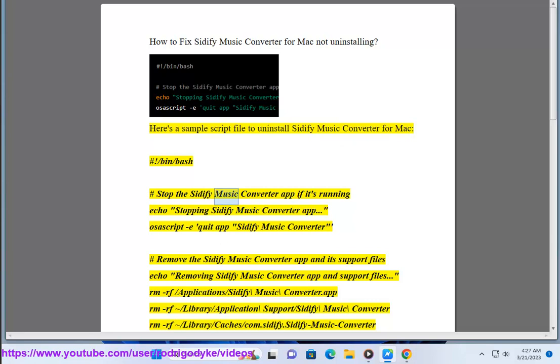#!/bin/bash. # Stop the Sidify Music Converter app if it's running. echo "Stopping Sidify Music Converter app". osascript -e 'quit app "Sidify Music Converter"'. # Remove the Sidify Music Converter app and its support files. echo "Removing Sidify Music Converter app and support files." rm -rf /Applications/Sidify Music Converter.app